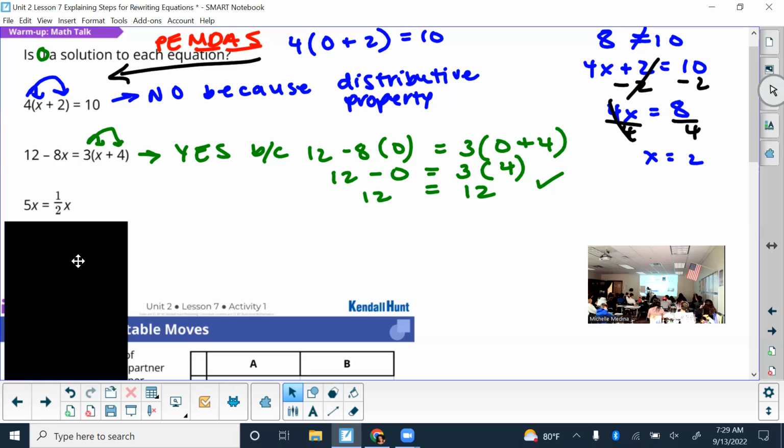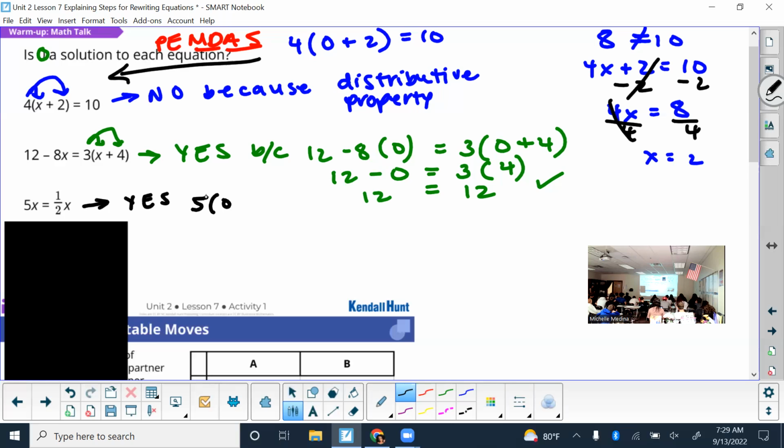Lauren is the third one. Is 0 a solution for the third one? Okay, Gavin, is 0 a solution for the third one? Yes. And why? If you replace x with 0, 5 times x, so they're multiplying each other, so 5